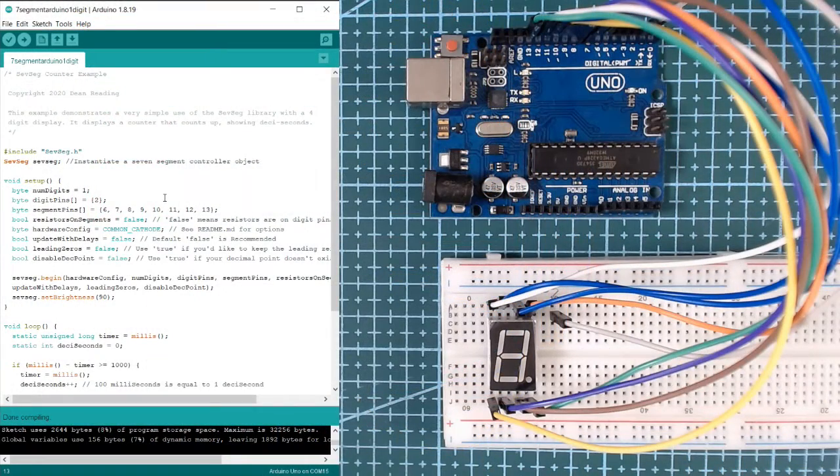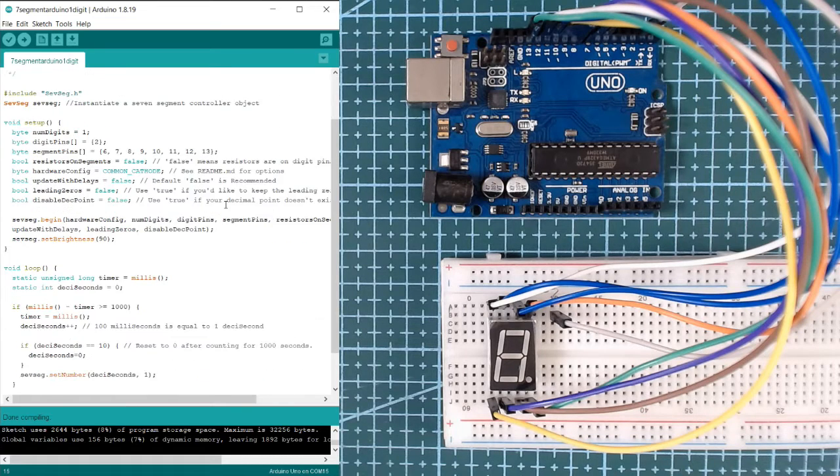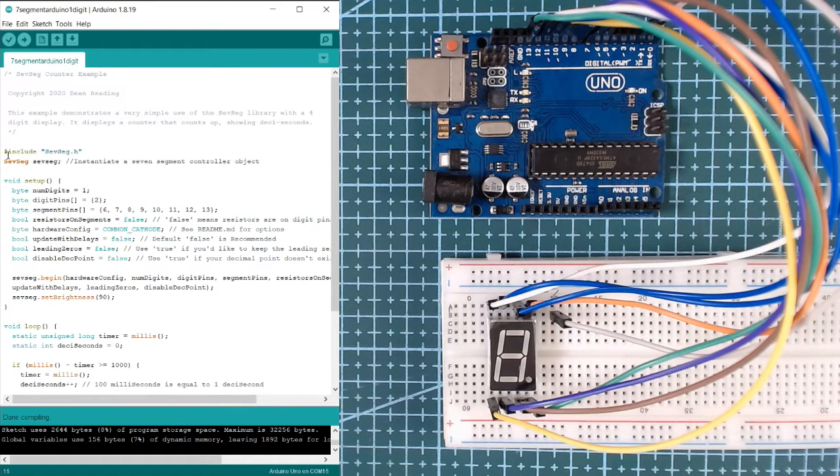I have here a code that counts up from 0 to 9 on our 7-segment display. To use this code, you have to install the SevSeg or 7-segment library.